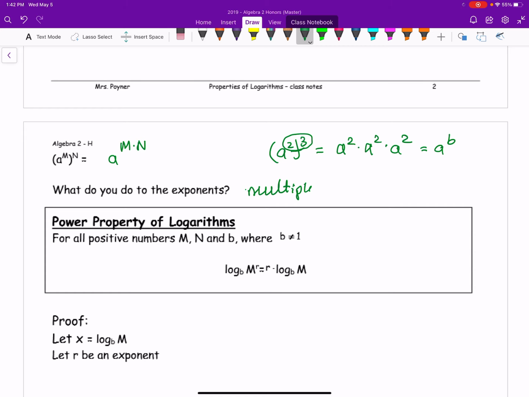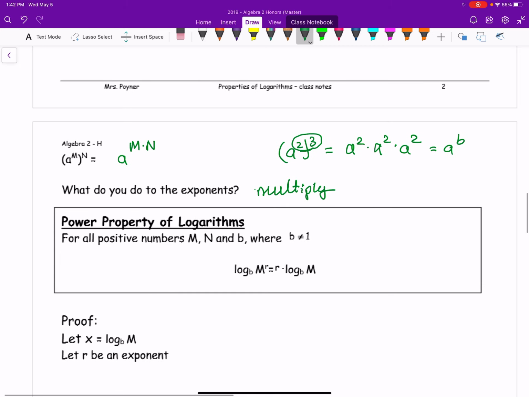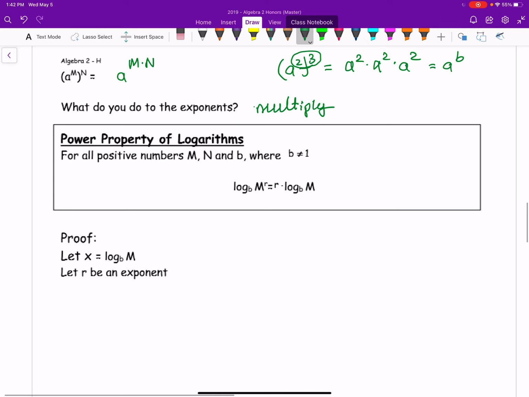I don't know why this is not very clear, but this is supposed to be a times there. For all positive m, n, and b, where b can't equal 1, log base b of m to the r. So basically, you have whatever is inside the logarithm raised to a power. You can rewrite as r times log base b of m. If we're going to do the proof for that,